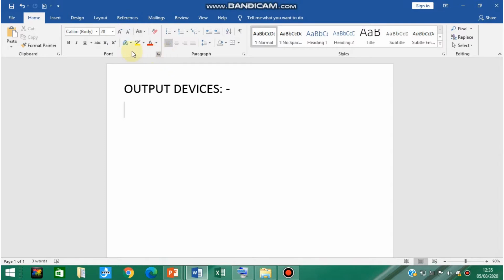Now by default when we open the Word document, we are inside the Home tab. Inside the Home tab there is one section of paragraph. Inside that paragraph section, in the leftmost top part, you will find the bullets option, and beside that you will see a drop down arrow.